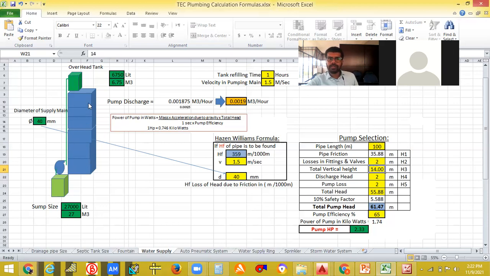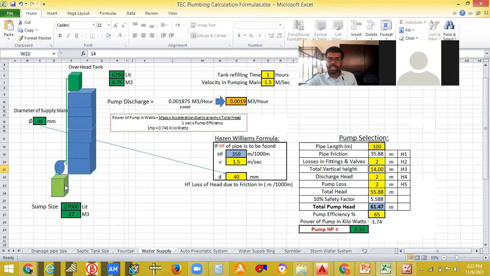So 6 3s are 18. So you can give total vertical height 18. Plus, if it is from the well, you have to calculate the depth of the well, and you have to calculate the height of the tank also. For example, you can take this as 1 meter. So 6 3s are 18 plus 1, 19.